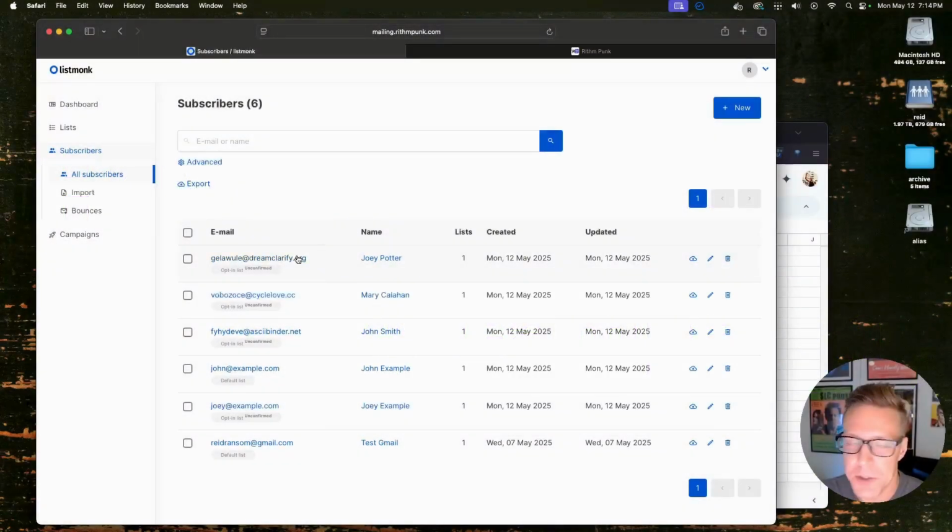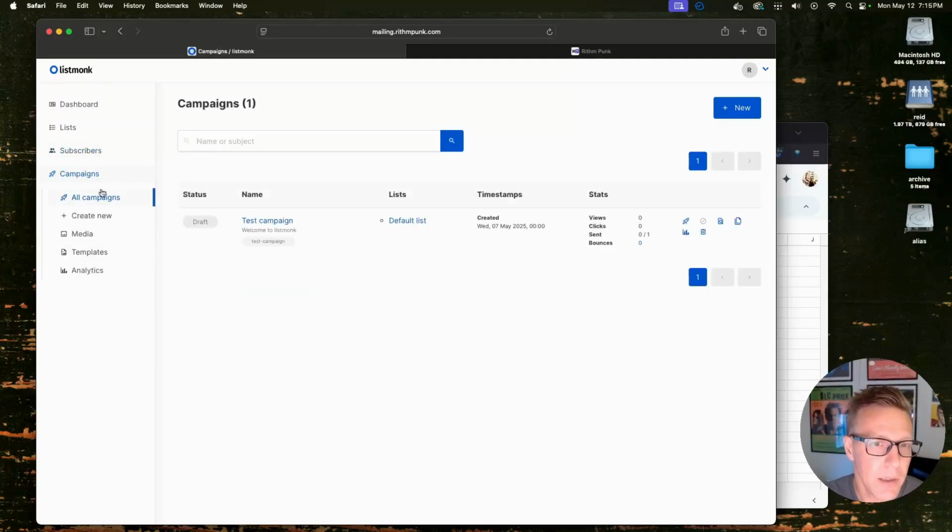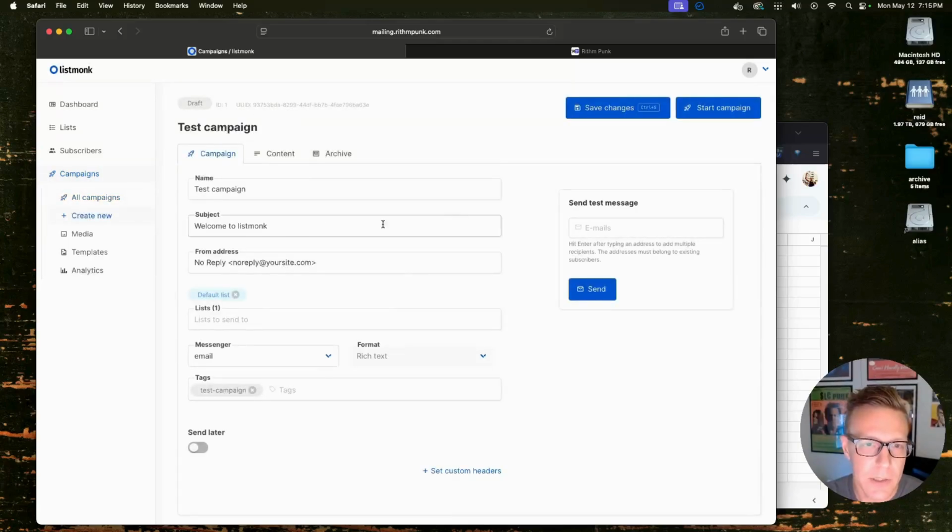Now what I'm going to show you is how to send a campaign. So what you do is go to campaigns, all campaigns. So we can see there's a test campaign here. Click on that. You can see, okay, test campaign is the name of the campaign. This is an internal facing name. Then subject, this would be the subject line of the email that gets sent to everybody. And then from address is going to be,